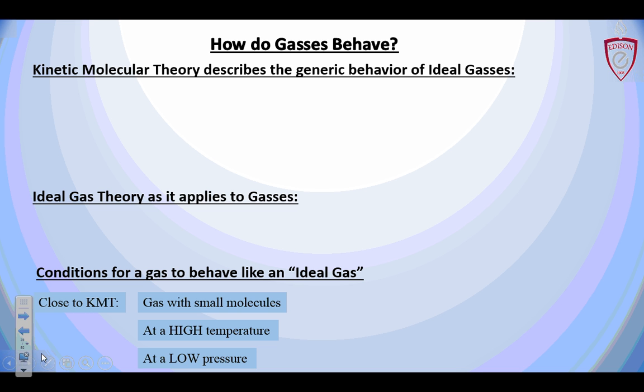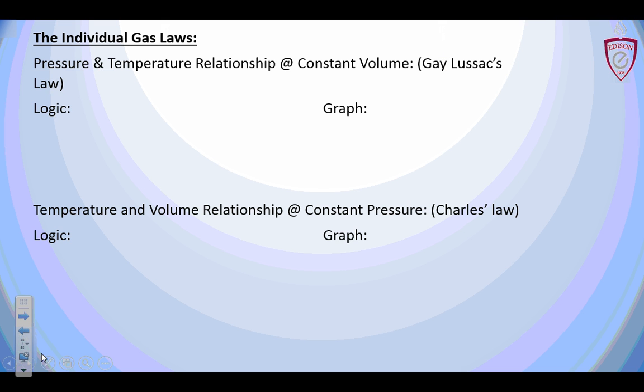And you're going to hear a question like that, I'm sure. Guaranteed. Under which set of conditions would H2 behave most like an ideal gas? Very well said. And you would say high temperature and low pressure. That's it right there. High temperature and low pressure. Perfect. All right, so let's get into the actual laws.